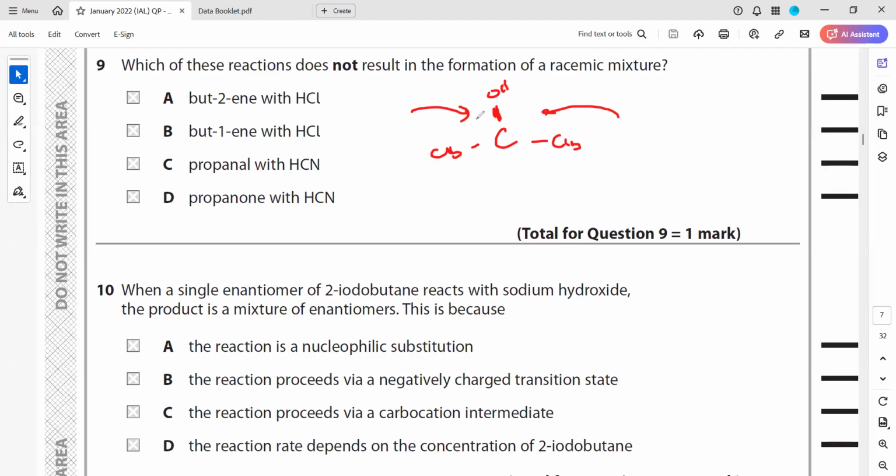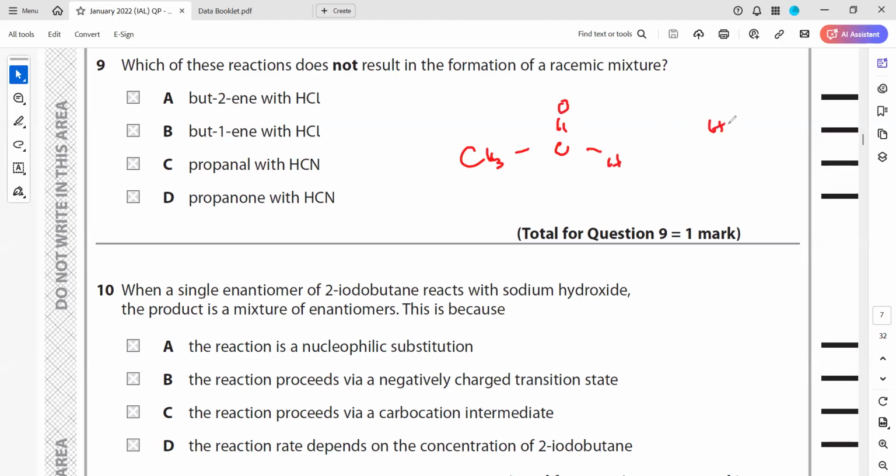I think C is there. D, chiral enantiomer, propanal. I do this one, propanal. When I do propanal, is this a chiral carbon? No. So if it's not a chiral carbon, how will it be a racemic mixture? Like if you see propanal,